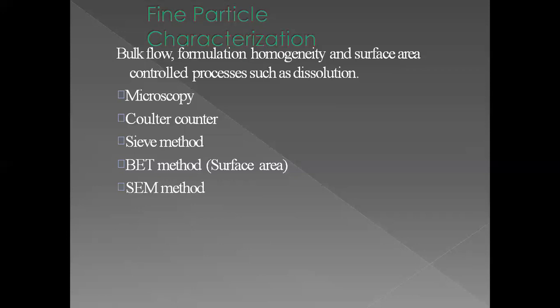Next is the BET method, that is the Brunauer, Emmett and Teller method, in which a layer of nitrogen molecules is adsorbed on the sample surface at minus 196 degrees Celsius. Once surface adsorption has reached equilibrium, the sample is heated to room temperature, the nitrogen gas is desorbed and its volume is measured and converted into the number of adsorbed molecules via the ideal gas law. Next is the SEM, which serves to confirm qualitatively a physical observation related to the surface area.